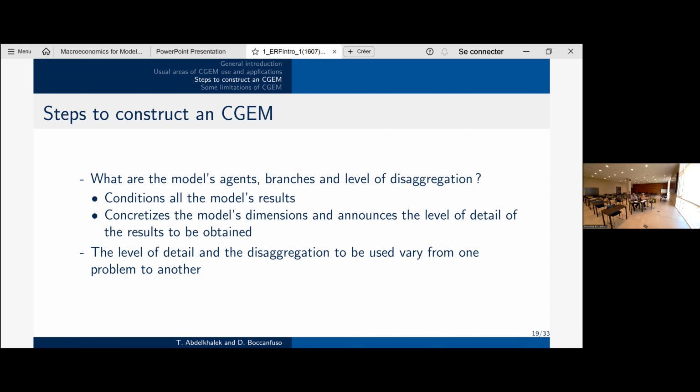And when we are answering this question, we know now the structure of the model, the agents we have, the branches, the level of disaggregation, and all of this gives us the size of the model. It's a very, very important question here. And please,